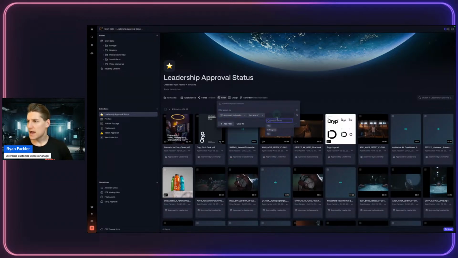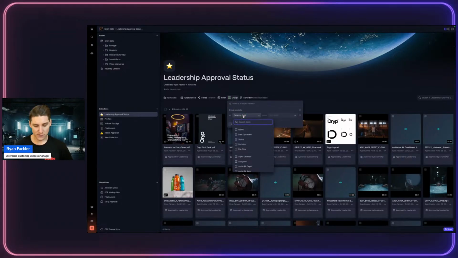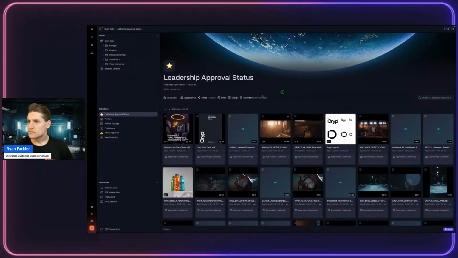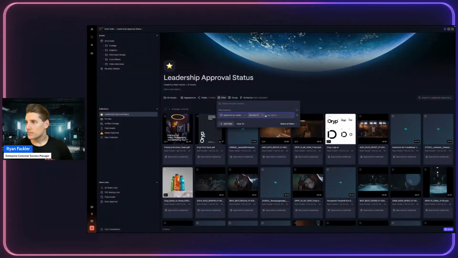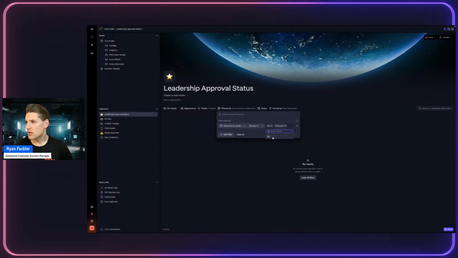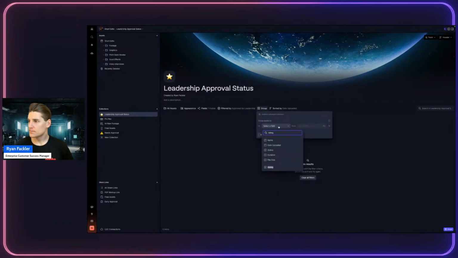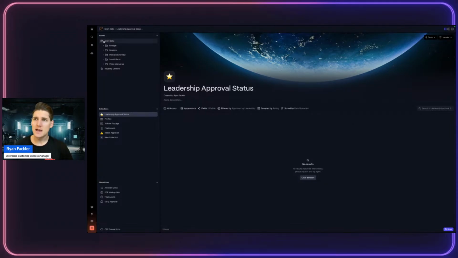based on that field. Has any of these options: yes, in progress, or no. Or maybe I want to group it based on these fields, leadership. Let's go ahead and adjust this filter to be approved by leadership, has any of yes, in progress, or no. And maybe we want to group based on rating, highest to lowest. So there are no assets that match yet,